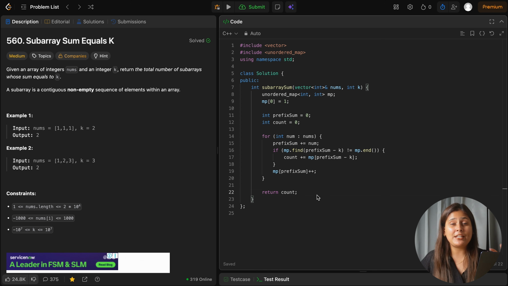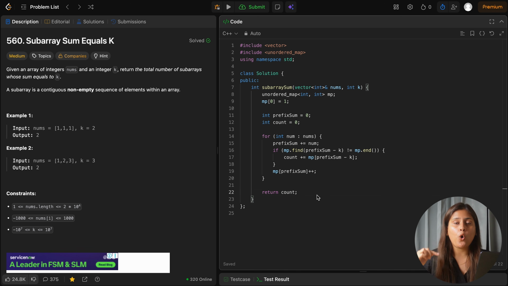I hope you understood each and every concept here, because this question was a little bit confusing, but as it is from prefix sum, it is very important to understand that whenever negative numbers become a part, we cannot use sliding window. We can use Kadane or prefix sum, but Kadane only when we have to find the maximum summation and not the number of subarrays. Here it was the count of subarrays. That is why we have used the prefix sum concept along with the hash map. And all these you can identify only when you know all these patterns in depth.